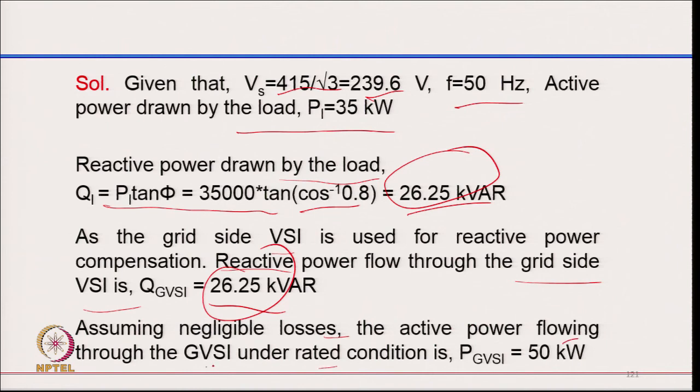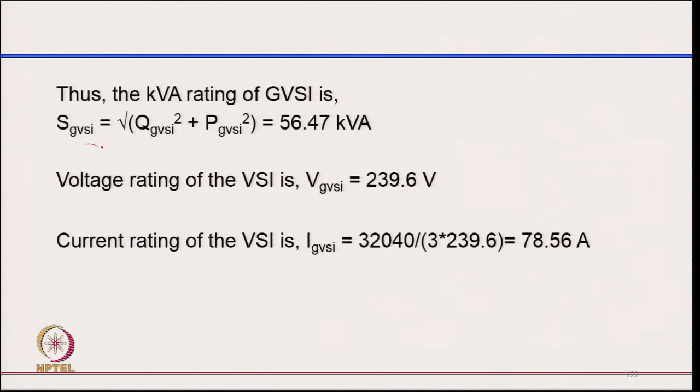So, grid side voltage source converter carries the active power of 50 kilowatt, and we can find out the grid side voltage source converter kVA rating as square root of P squared plus Q squared. Putting the value, it comes 56.47 kVA, and voltage rating of the VSC is the same as the grid voltage, that is phase voltage 239.6 volt, and the current rating we can calculate from the kVA divided by 3 times the phase voltage at unity power factor, so